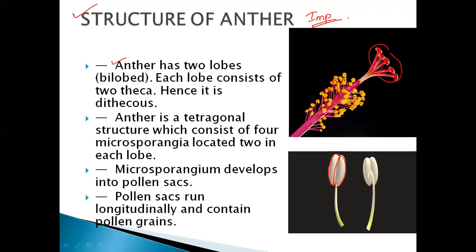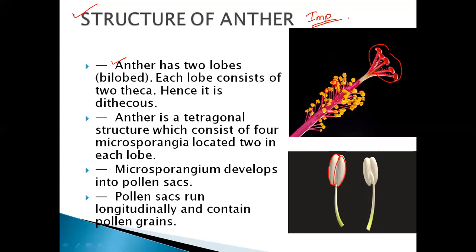This is the stigma. Anther has got two lobes. You can see it here as well. This is of the datura. If you check the datura flower, you can make it even more clear, because the datura flower has got those long anthers. Yes or no? The datura flower has got the long anther and the filament, where you see the two lobes very clearly.